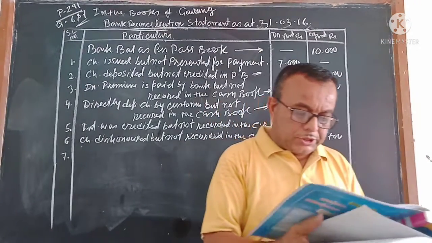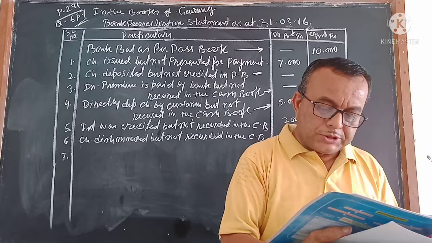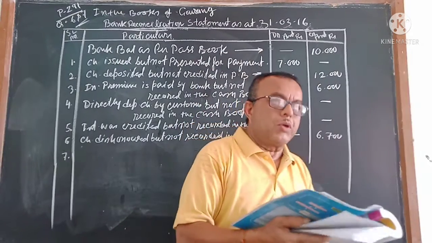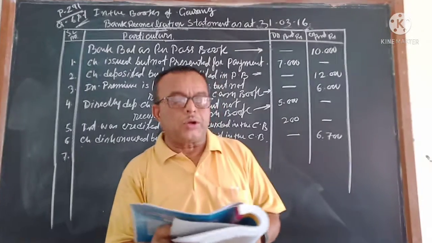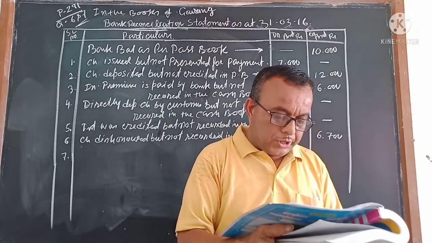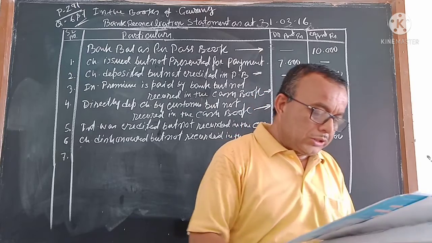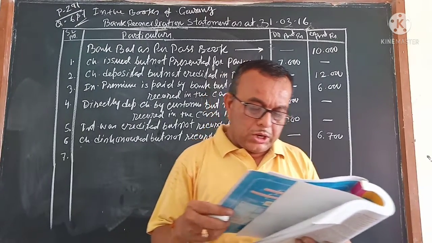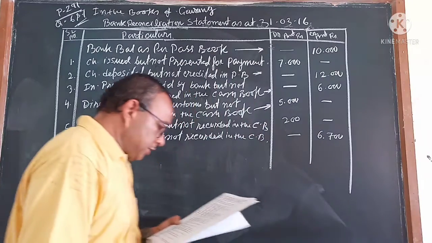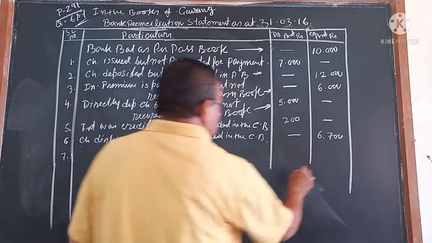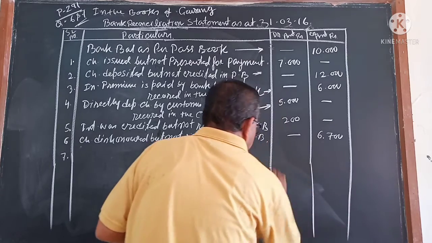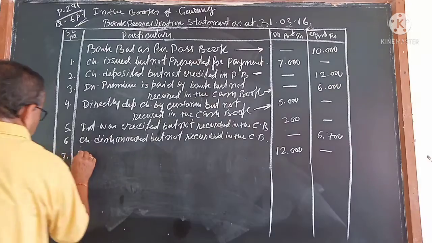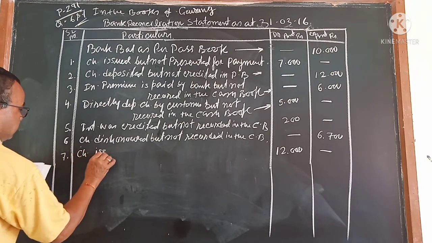Check drawn of rupees 18,000, but out of this check, rupees 6,000 were presented for payment, which amount is recorded in one book, not recorded in another book. That amount we should take. So check of rupees 12,000 actually, because 6,000 is clear for both the books. It was drawn, although it was credited but not debited. How much? 12,000. We should debit 12,000. And you write here check issued